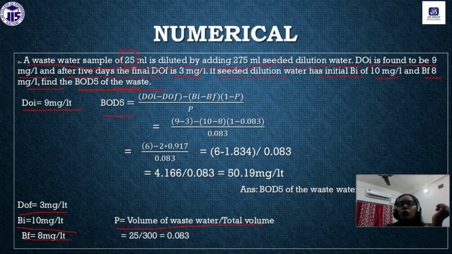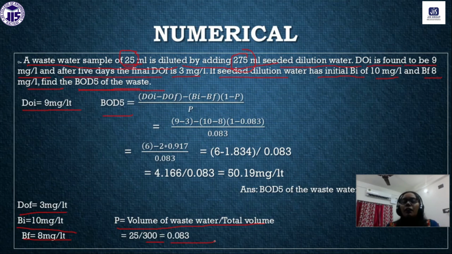Total volume means whatever wastewater we have taken plus whatever water we have mixed to that wastewater sample for dilution purpose. That means 25 plus 275, that is why we have got 300. That is why the p value is 25 divided by 300,